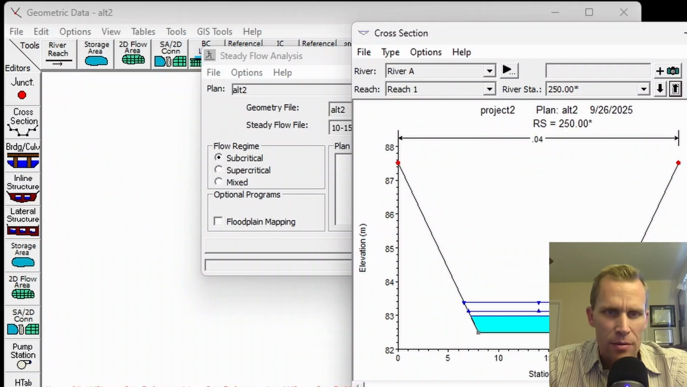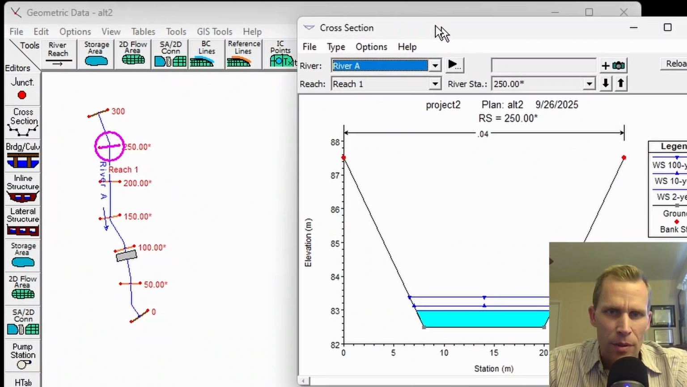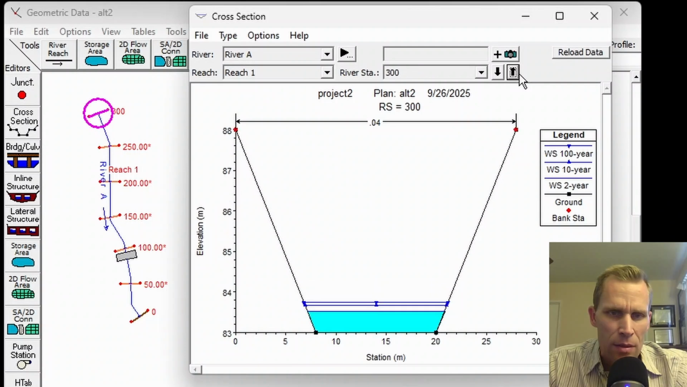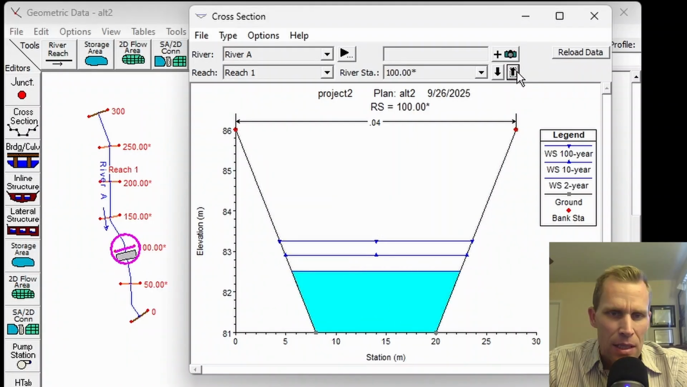So let's see, where is plan view? Over here in the geometric data editor. Let's toggle open this cross section results again. Then we have water surface down here at the downstream end, which is river station 0, river station 50. Here is the inline structure. Obviously the water surface elevation increases, the depth increases, and then this is river station 100. Let's go ahead and use river station 100 as the cross section of interest when we compare the 3 different